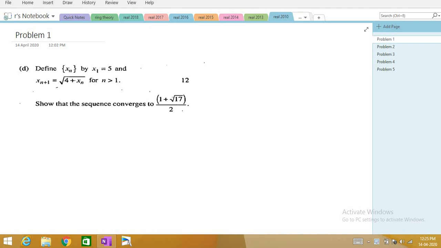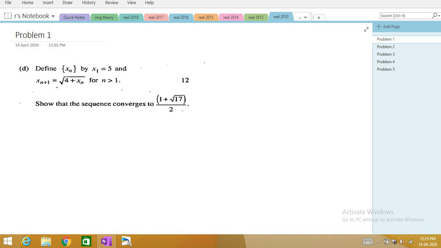So now we are going to move on to the next question paper, which is 2010, right? In 2010 there are 5 questions. I'm going to finish the first and second question in this video, and I'm going to make a separate video for the third problem, and then problems 4 and 5 will be combined as a single video, right? So part 31 will be the solutions for problem 1 and problem 2, part 32 will be the solution for problem 3, and part 33 will be the solution of problem 4 and problem 5.